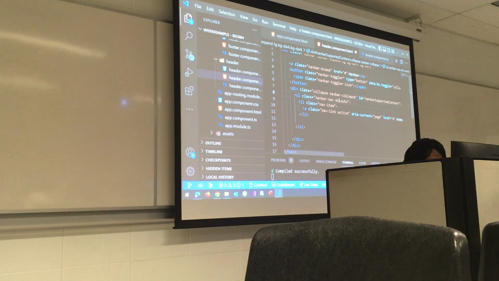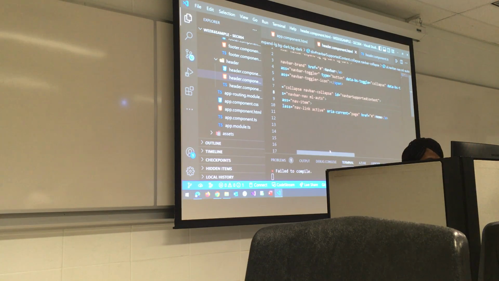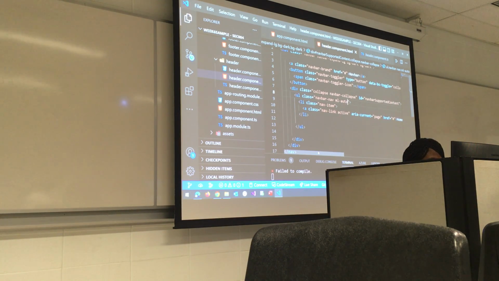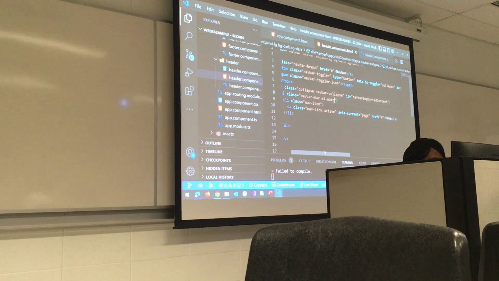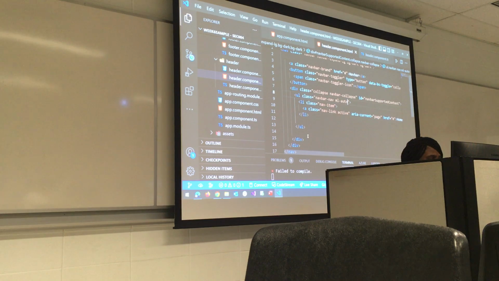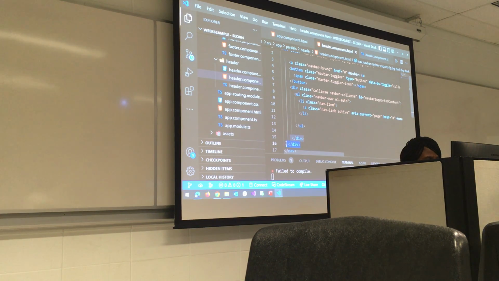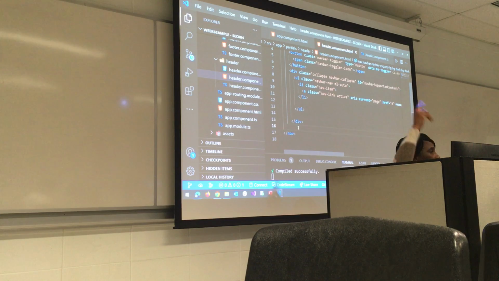Okay, I'll save that. It should still be compiling. I hope there is no error. Mine says failed, so I still need to check what is going on. ml-auto. The closing div element. Okay, one of it should go off. Right. Okay, so it's successful now. If there's an error, it should tell you failed. So the last, I remove one div, so remove the closing, right?